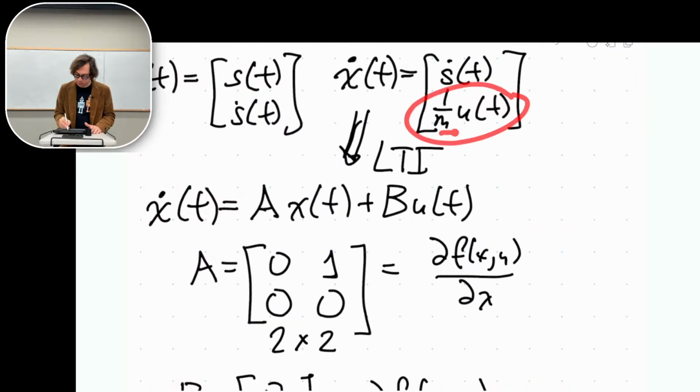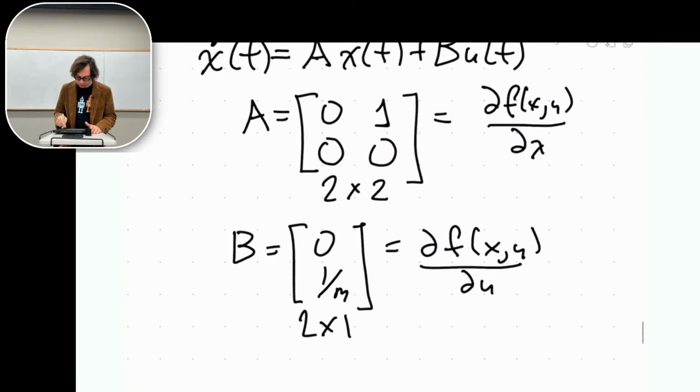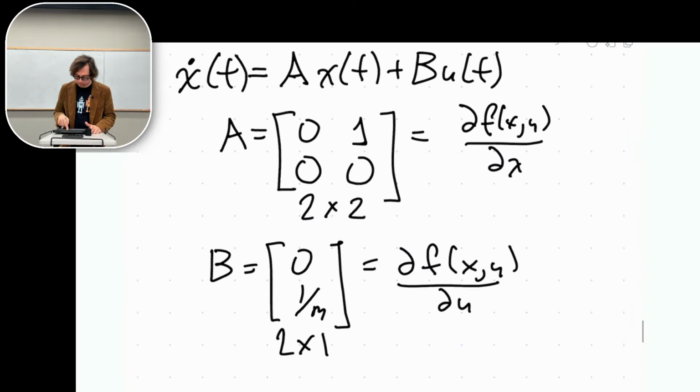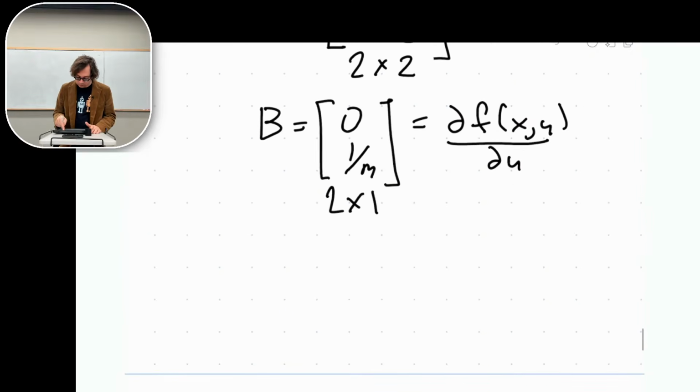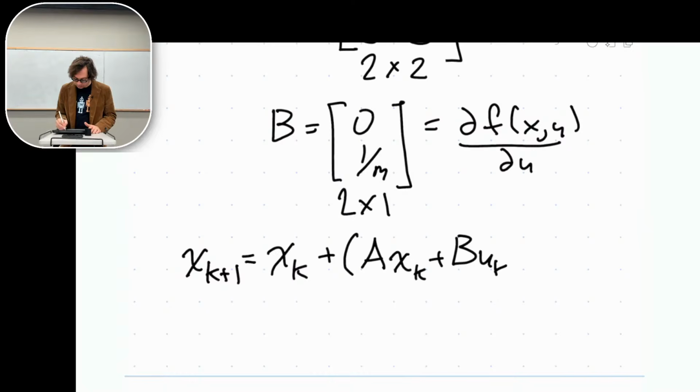Oh, look, I see a u, coefficient 1 over m. Therefore, I have a constraint where x_{k+1} is equal to x_k plus quantity A x_k plus B u_k